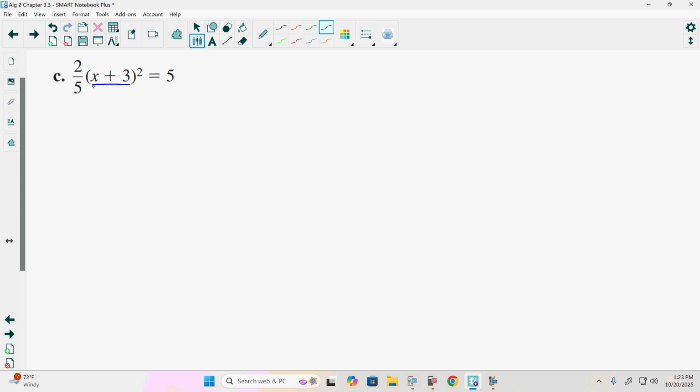So again, our first step with this here is to get the squared term by itself. In this case, it's not x, it is x plus 3 squared. We need to just get that term by itself. Now at this point here, the only thing that is with that squared term is our 2/5. So the first thing we can do is divide both sides by 2/5, because 2/5 divided by 2/5 will become 1. We'll simplify to 1, leaving us with x plus 3 squared is equal to